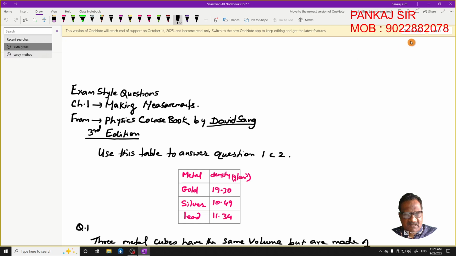Today I am going to do something from IGCSE physics, from this book called Physics Course Book by David Sang. It's a course book for the physics IGCSE students, and this is the third edition. And from this book, from chapter number 1, making measurements, I'm going to solve some